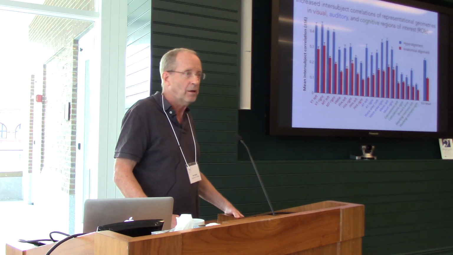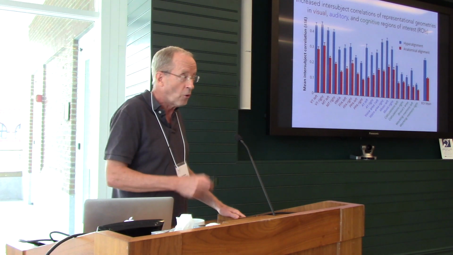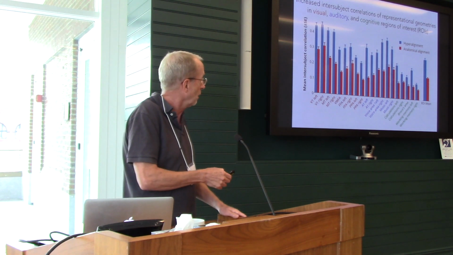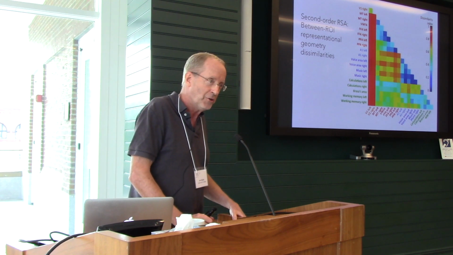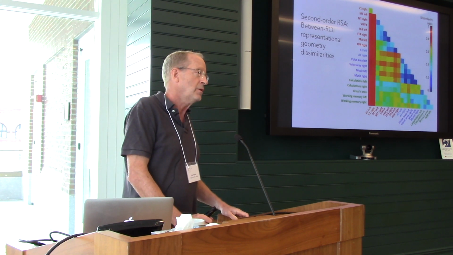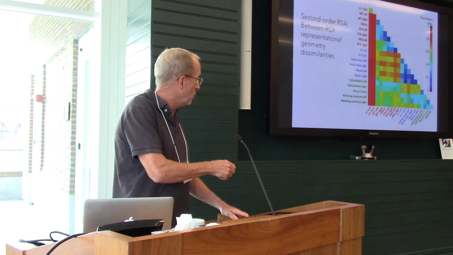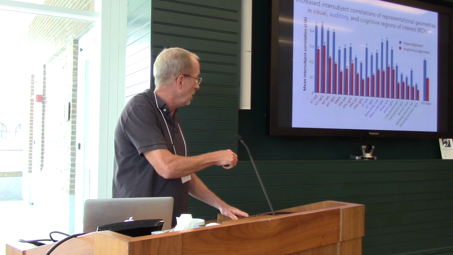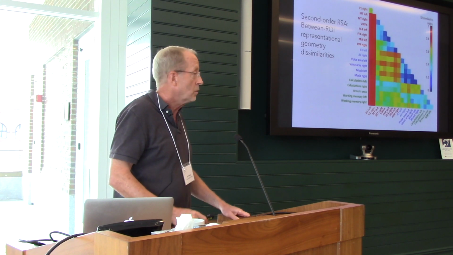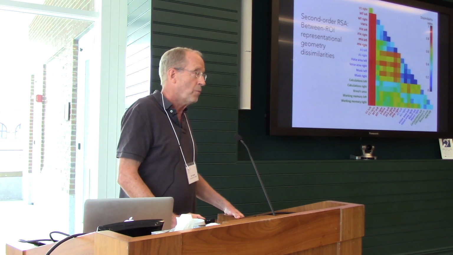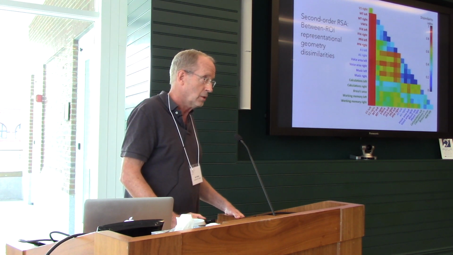It's not specific to the information represented in different cortical fields. So we had to address that. To do that, we looked at a second order representational geometry, which means we looked at how correlated the representational geometry in one of these cortical fields, like MT, is with the representational geometry in other visual fields, or in auditory fields, or cognitive fields. So we're looking at the correlation of the representational geometries across brain areas.